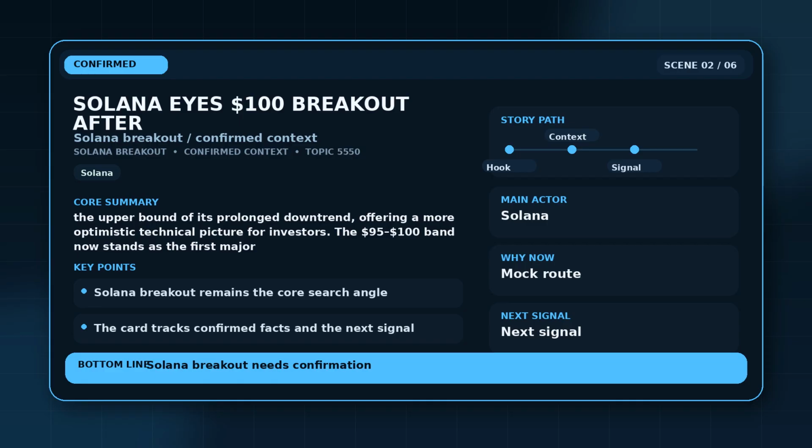Should SOL manage a daily close above this zone, the next target is projected in the $145-$155 range, a former support that has turned into a resistance after being breached. The rounded bottom pattern is a chart formation where prices decline, flatten, then rise, typically marking a long-term base and potential trend reversal. Chart analysts note that if Solana posts a daily close above $100, that could indicate buyers are gaining control and help propel prices toward new resistance zones at